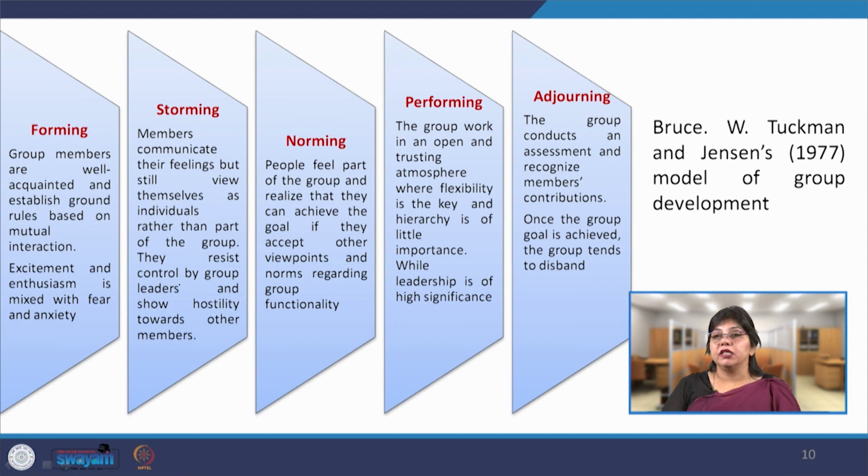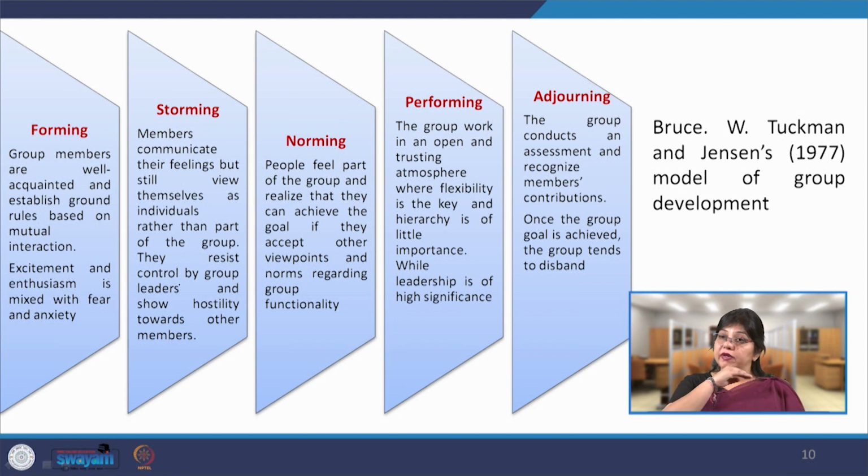Once the group goal is achieved based on the performance of the members, the group reaches the stage of adjourning. This is the stage when the performance of the group members is assessed, and at the same time they are recognized, they are acknowledged, the members' contributions are respected, and once this achievement is made based on the common or shared goals, the group tends to disband. Now, this disbanding is based on respect, on integrity, on acknowledgement and recognition of the contribution of each and every